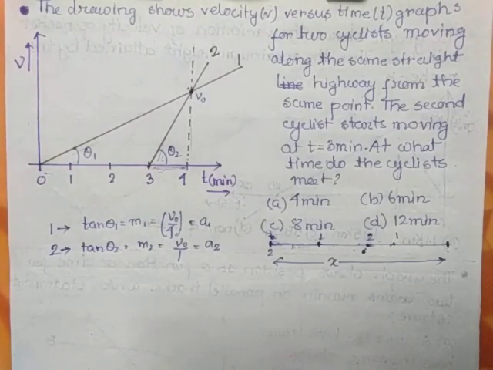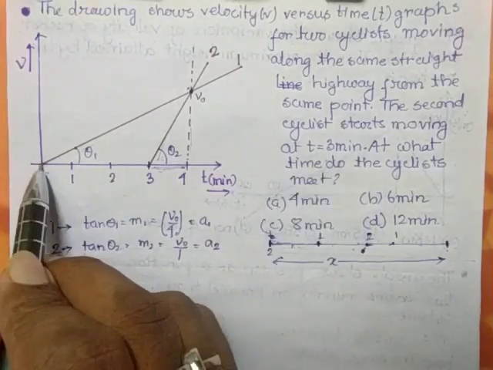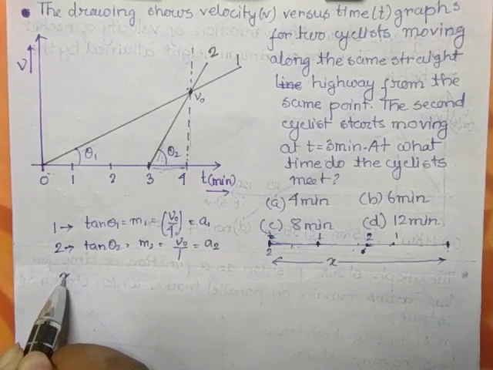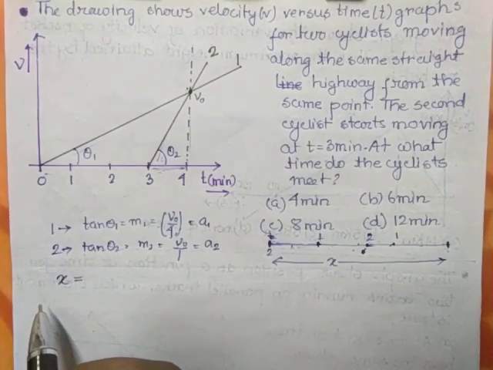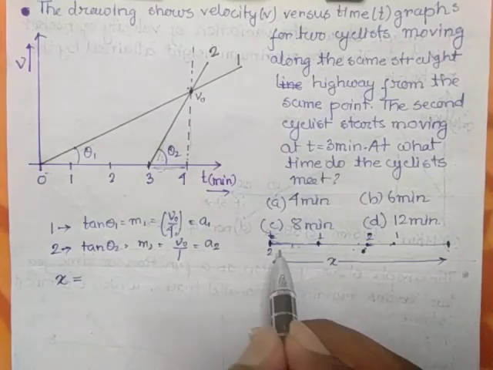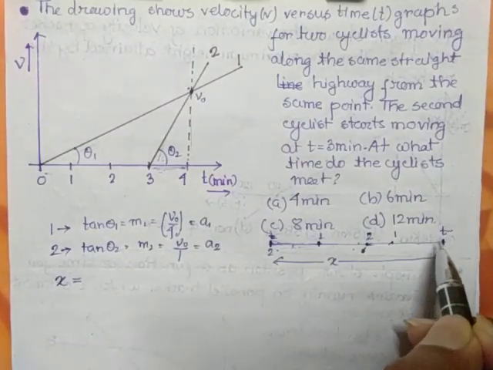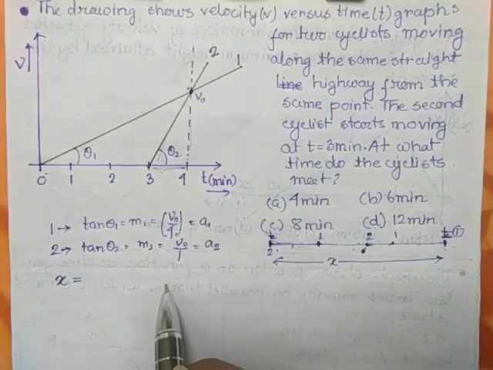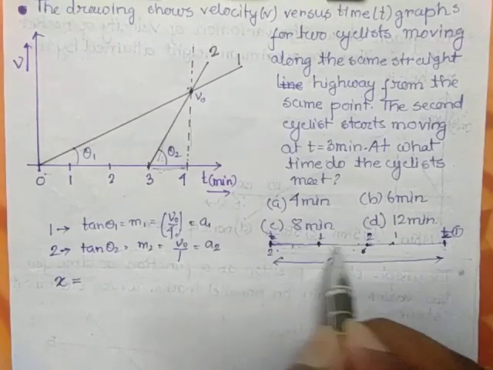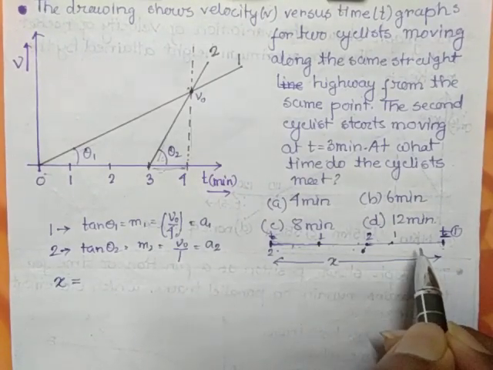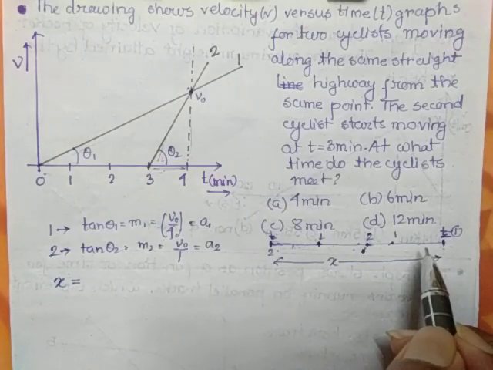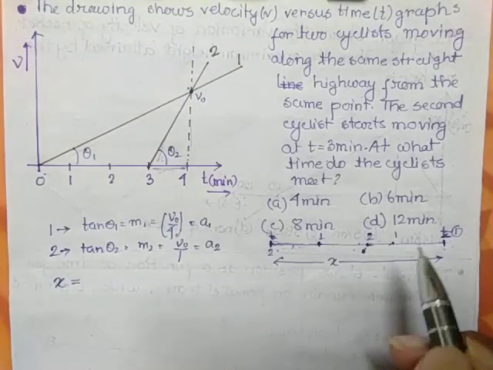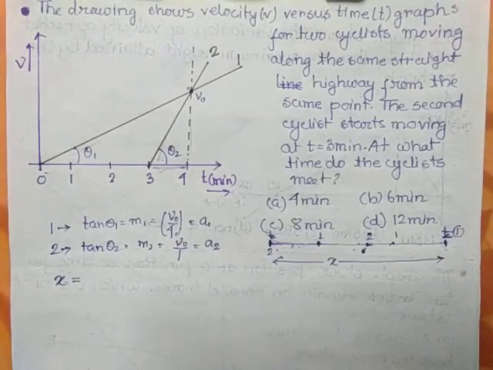Okay, so both of them start from the same point. At first their velocity is 0. So I have to check it for particle 1. If it covers the distance x in time t, from here to here in time t, this is for particle 1. Particle 1 in time t will reach here, but to reach here particle 2 takes t minus 3. Particle 2 does not take t minutes because he started his journey 3 minutes later. So the time taken by him is t minus 3.